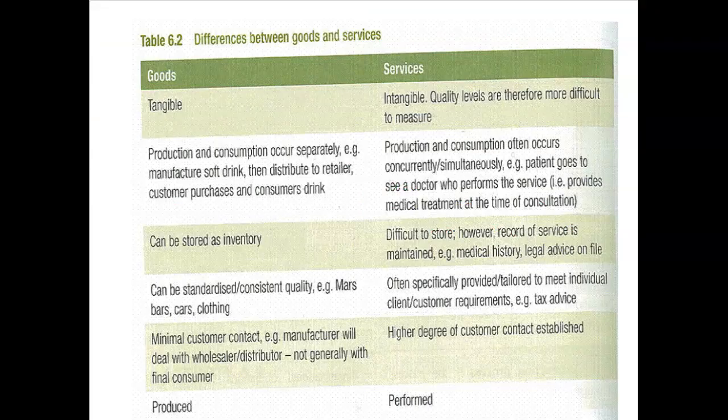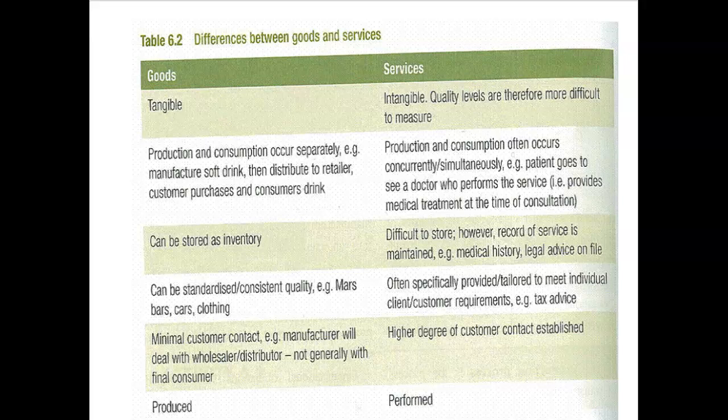Okay, so now moving on to the characteristic side of things, which is the difference between the goods and services. This is a good table which you can get to know. Again, you don't need to know everything on the table, but make sure you know two or three different things other than tangible, intangible. Everyone seems to get tangible, intangible, but you need to know some of the other elements as well. If you were asked a question and you needed to discuss in depth, you'd need to know a